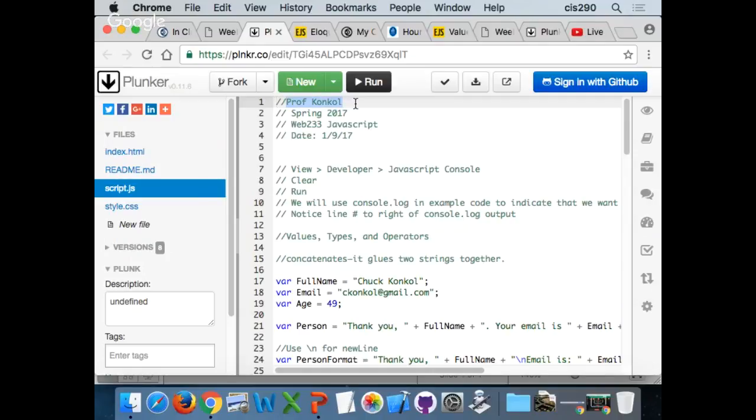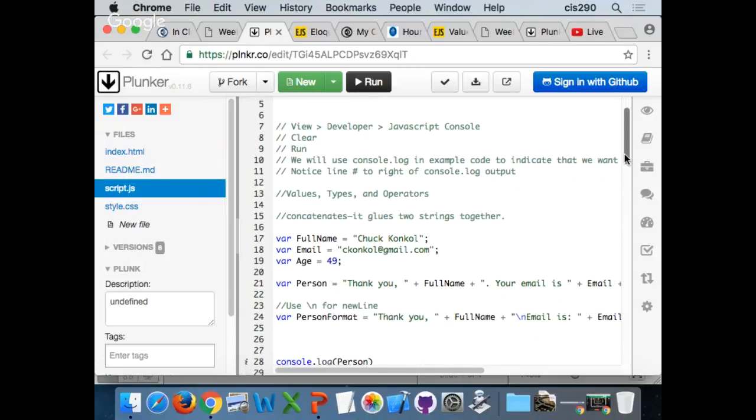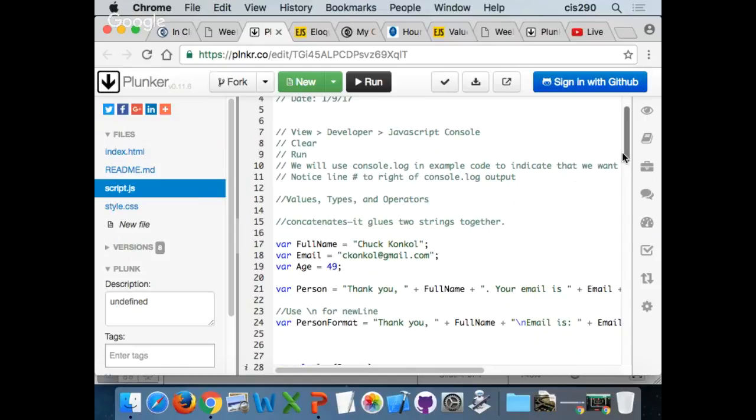I want you to put in there in place of that your first and last name. So I'm replacing Prof Conkle with Chuck Conkle on mine. Right. Everything else we can leave the same. And what this is showing you here that we're going to go over is really miniature examples of what the